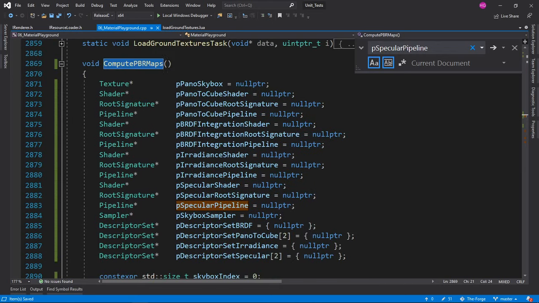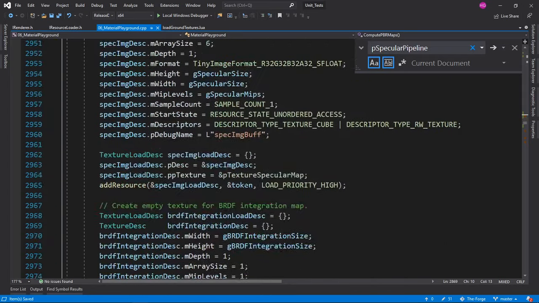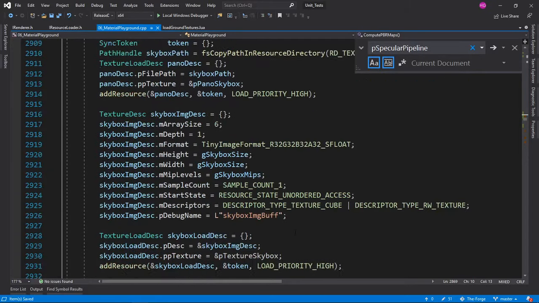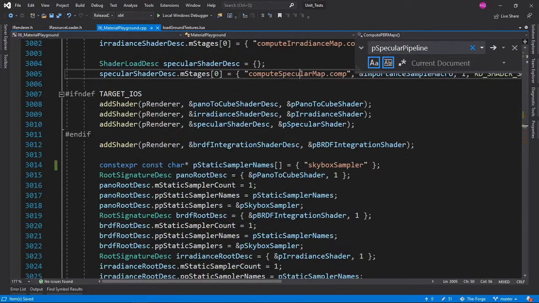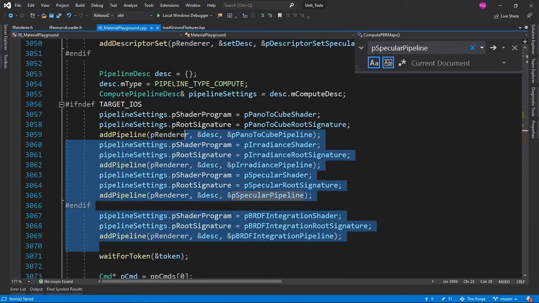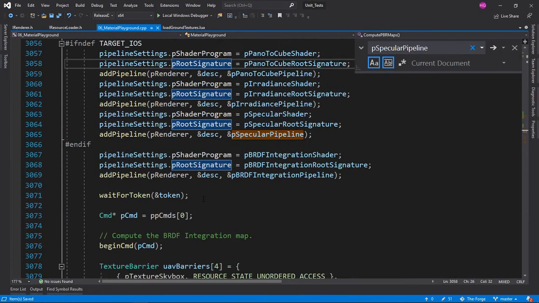So I believe this is a small render right here. That is what the cube map does, and the panoramic to cube map. So they're baking cube maps probably. These are just describing some pipelines here. This is good code to get to know. This is going to be good.